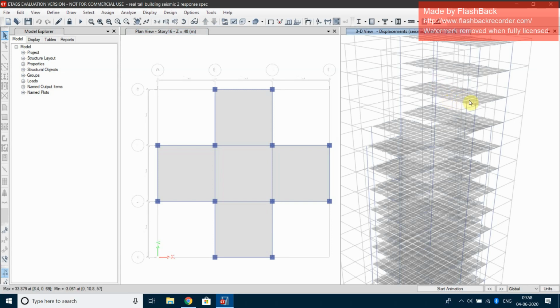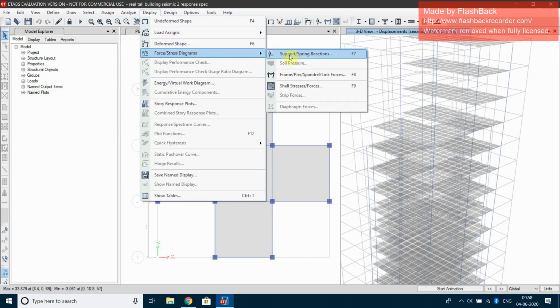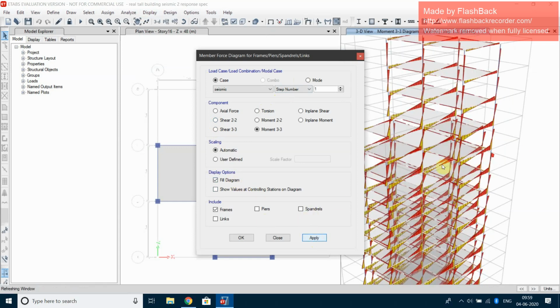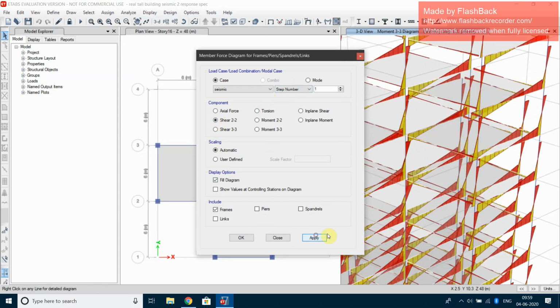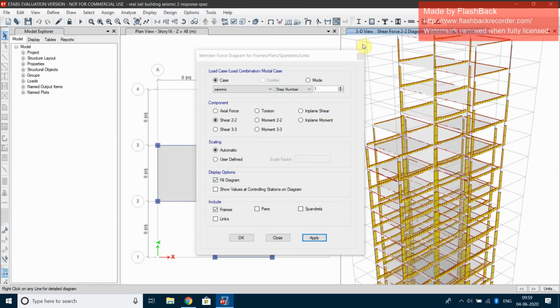Hovering the cursor on any point on the slabs will give us the deflection in the structure at that point. Then we can go to display, force diagrams, frame. We can apply and see what kind of forces are generated in the structure due to seismic forces. We can also go to shear, like this, the shear force developed.